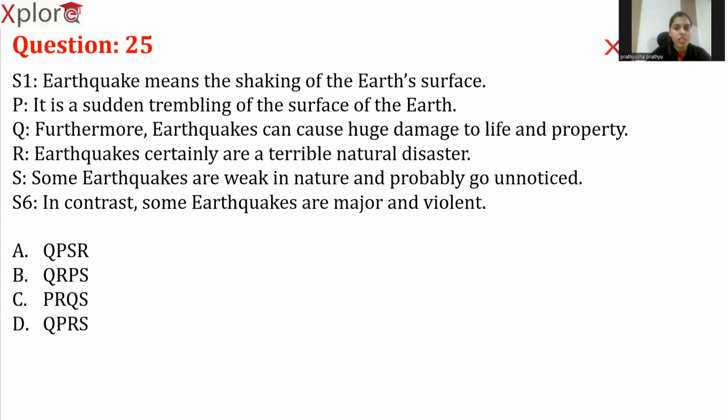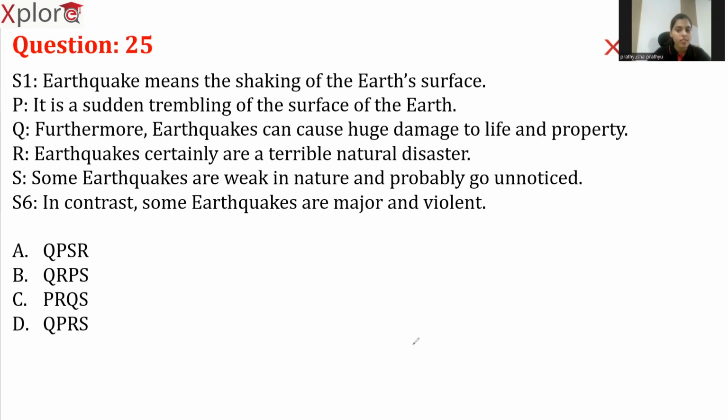Earthquake means the shaking of the earth's surface. It is a sudden trembling of the surface of the earth. Furthermore, earthquakes can cause huge damage to life and property. Earthquakes certainly are a terrible natural disaster. Some earthquakes are weak in nature and probably go unnoticed. In contrast, some earthquakes are major and violent. So as you can see here,